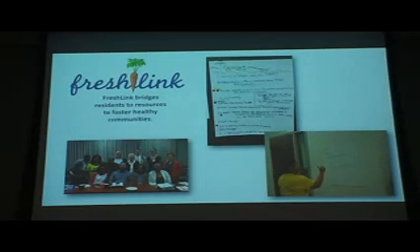So I want to start just by talking a little bit about the vision for FreshLink. This is actually a recent development in the project. We identified a need to develop a vision, thinking about, yes, we know what we're doing. We're going out in the community telling people about farmers markets and why they should go there, but overall, what do we aim for? What do we want to accomplish as a project, and as this moves ideally outside of the PRC and across the city and across the country.